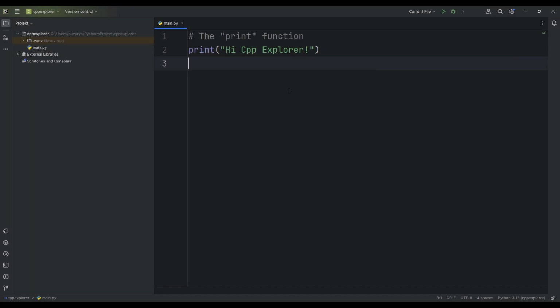Now let's talk about the print function and outputting various information to the console or terminal of our project. In the previous lesson, we already touched on this function and learned how to output something to the console, but here let's work with it a bit more. Let's assume that we not only want to output some text but also want to output a number. Suppose I want to output the number 5. Accordingly, I simply write this number here, and if I run the program now, the number 5 will be displayed